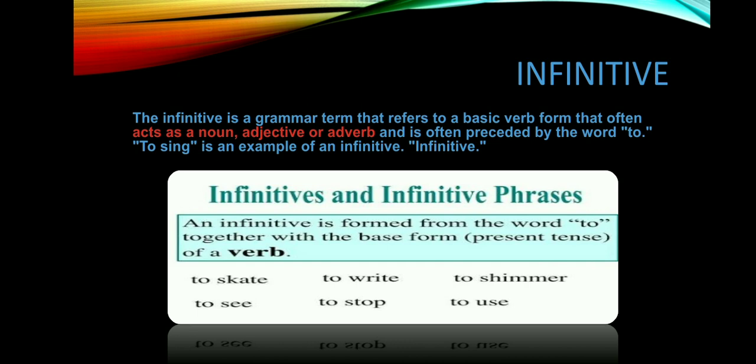Infinitive, very very simple. Here you can see examples of to infinitive. To skate, to write, to shimmer, to see, to stop, to use, to speak, to sleep, etc. An infinitive is formed from the word to together with the base form that is the present tense of a